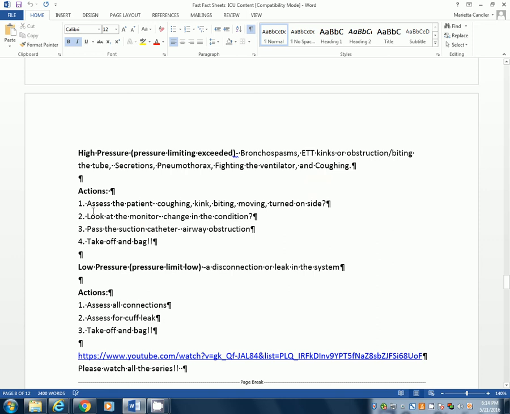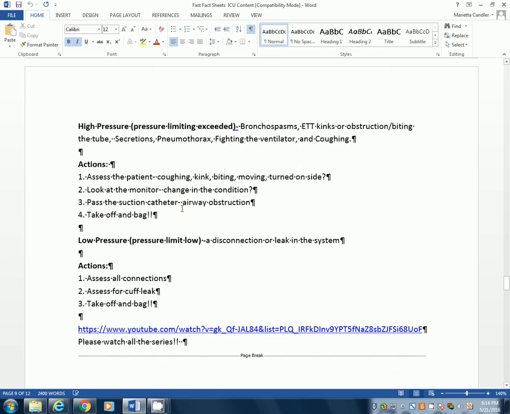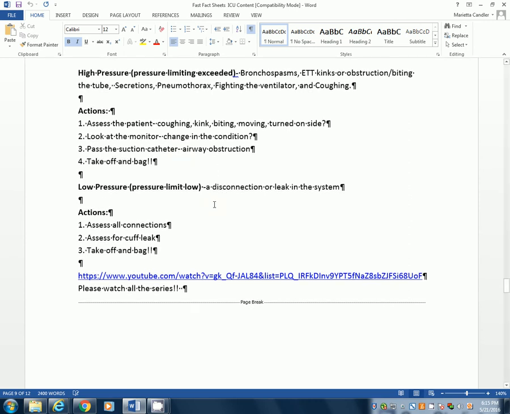So what do we do as the nurse? Well, we always assess the patient. You know, are they coughing? Well, if they're coughing, that's probably one of the high pressure alarms going off. If they're not coughing, is there kinks? Are they biting it? Okay. Did they just get through moving or turning on their side? Okay. So you want to make sure that you are really looking for the reasons of why that high pressure